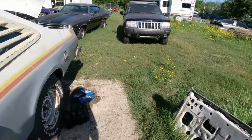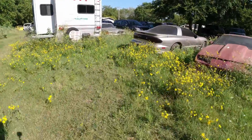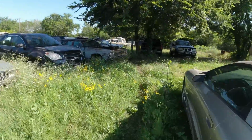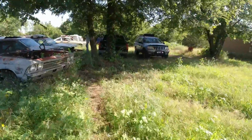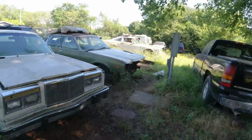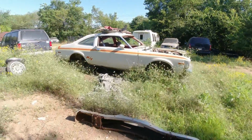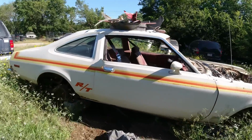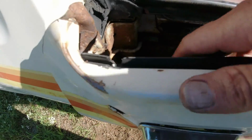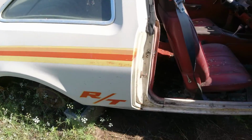Okay, let's go over to the parts car, and if you remember in my other videos, the doors were locked shut, jammed. I got the passenger side open, but I destroyed it. But I do have another passenger door. There's a door here. I had to pry it apart to get at the latch. I don't know, I'm gonna have to... Okay, so I'm gonna be robbing...